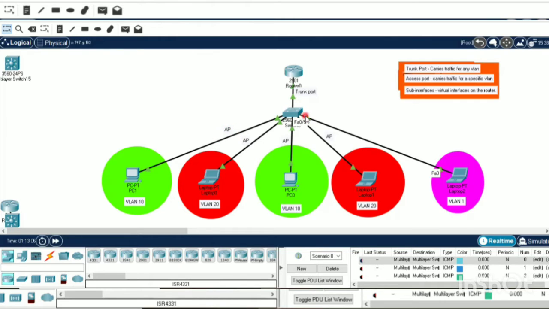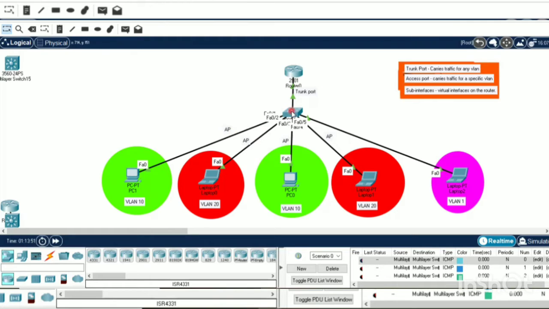So what I'm going to do is create VLAN 10 and VLAN 20 on the switch. Then I will configure the VLANs on the respective interfaces. Here are interfaces 0/1, 2, 3, 4, then 5. Interfaces 0/1 and 0/3 belong to VLAN 10, interfaces 0/2 and 0/4 belong to VLAN 20, and interface 0/5 belongs to the default VLAN. So we don't configure anything on interface 0/5. We are just going to configure the interfaces from 0/1 to 0/4.